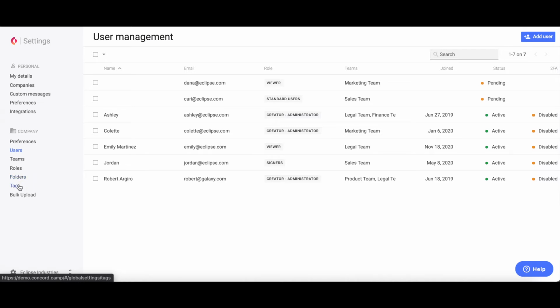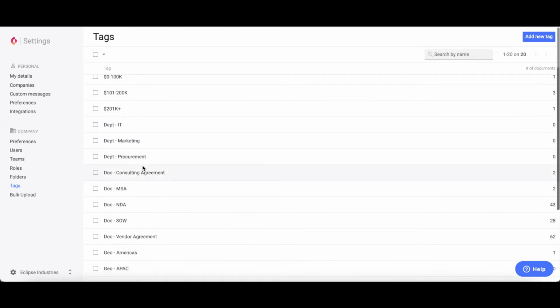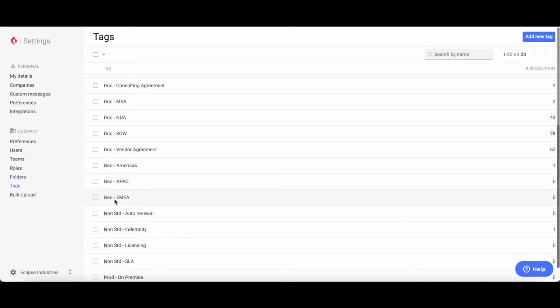Okay. So tags are a way to quickly filter, sort, and report and get a list of agreements based upon a tag, a label, certain criteria. So the most commonly used tags are contract value range, and this is going to differ from organization to organization and even department to department, industry to industry, but these are some most commonly used throughout. Contract value range, department, even though we have departmental folders, best practice is to have a tag for it as well. Document type, geographic region,